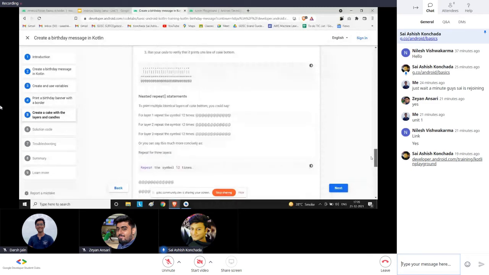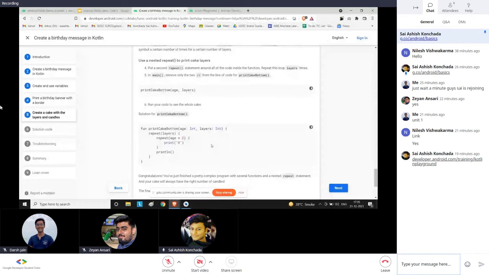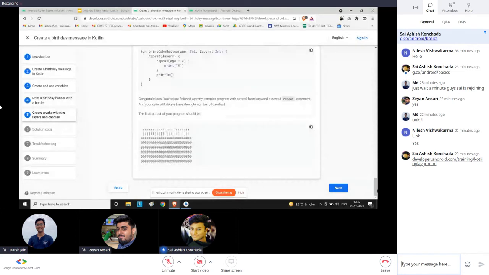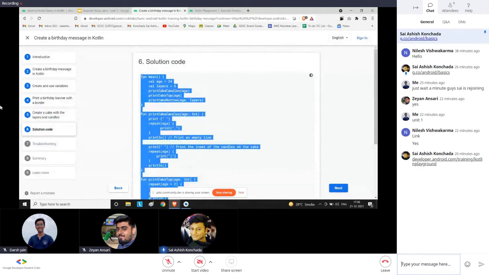They're using a nested loop so that they can print this pattern because we have to go horizontally as well as vertically. So layer is 1, 2, 3, 4, 5. So they will go 5 layers. In each layer, there are, let's say, 12 or 14 or 15 at the rates. So here, this will print the at the rate and this will print the layer. And after each layer, there's a println so that after the 12 at the rate, you will go to the next line. And we'll just call everything. We'll call all these functions and print the cake. This is what the final code will look like.